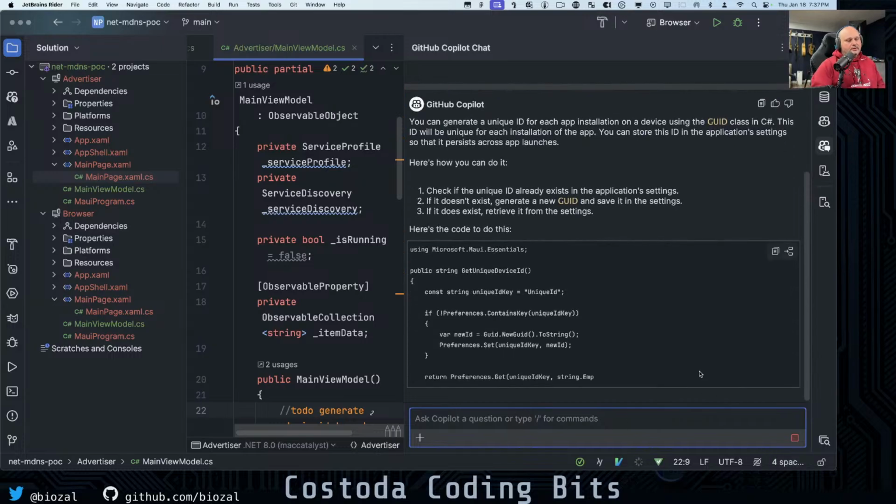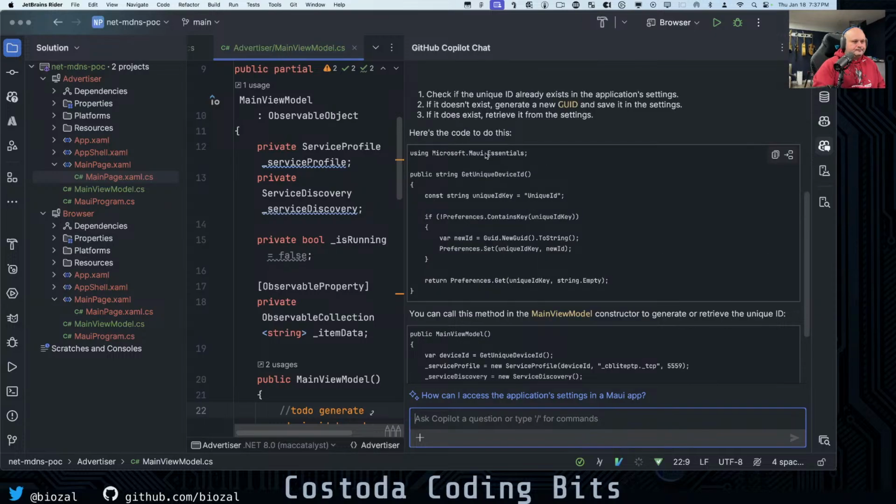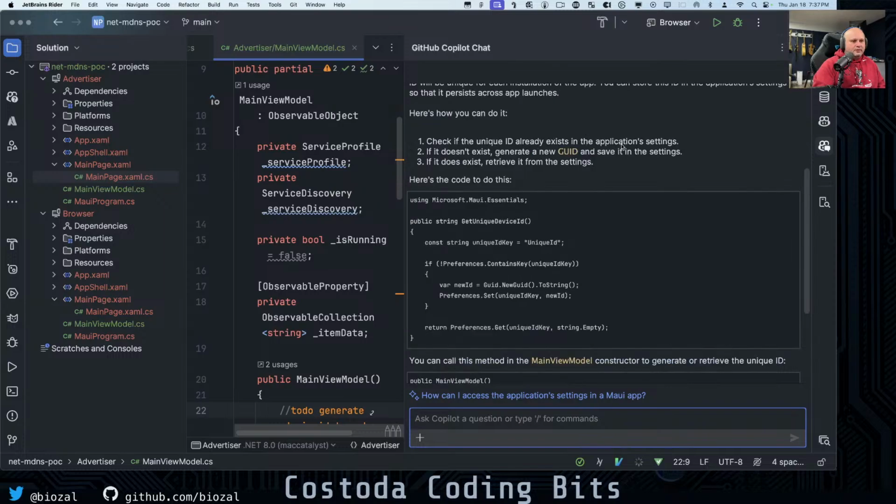They're saying use a GUID, and also check if the unique ID already exists in the application settings, so it doesn't generate a new GUID. We could do this. We can make a